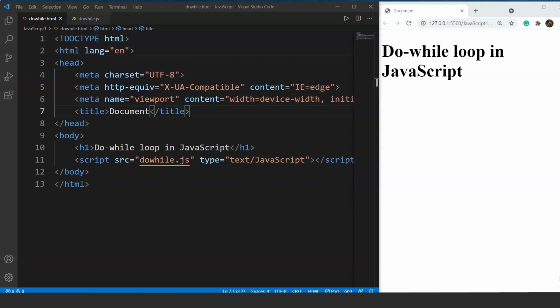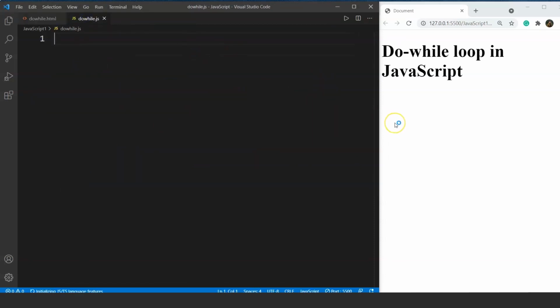Even if the test condition fails, or we can say the condition is wrong, the loop will execute once. Using the do while loop is relatively easy. It seems like we are giving the system a command to do something while the condition is something. So let's start with the syntax now. The syntax goes like this.